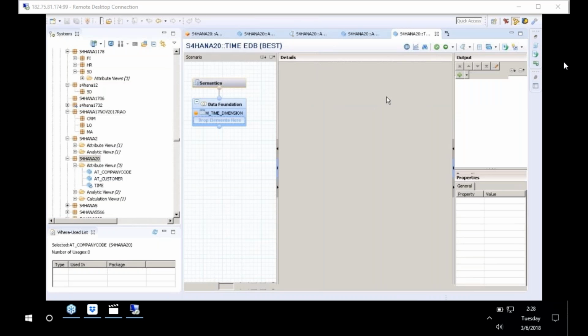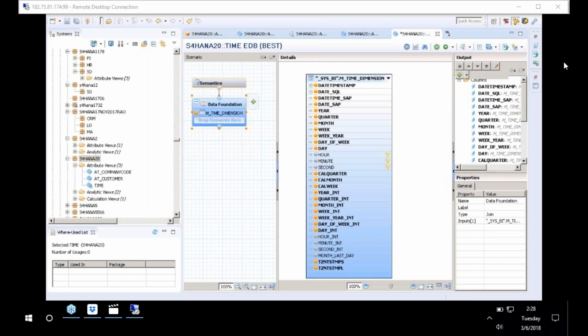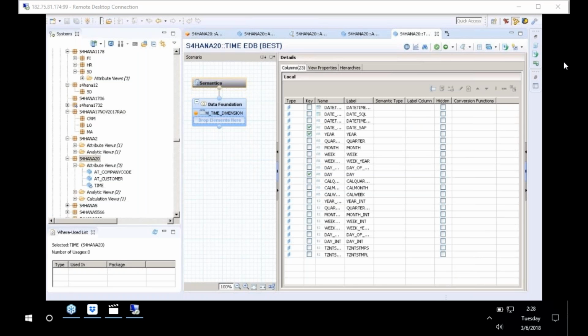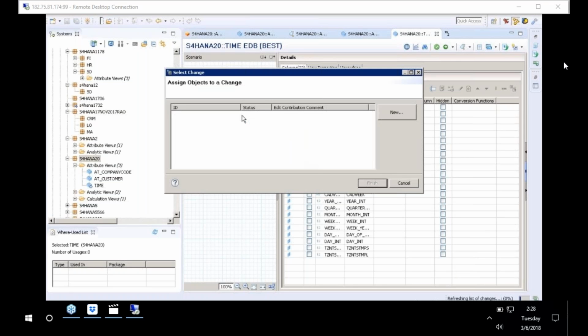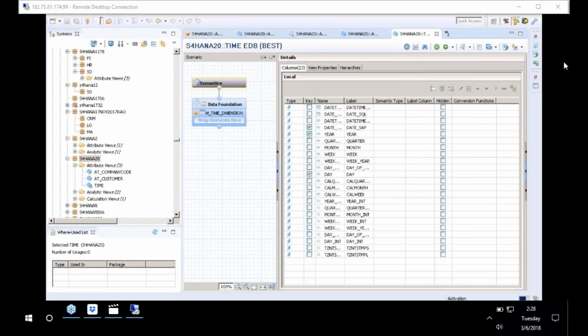And click validate and activate. So this is standard. Time is something which is standard. So everything system can take care. Finally, click on validate, click on save and activate. Okay, I created 3 attribute views. So these are the 3: customer,